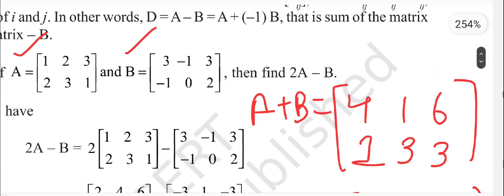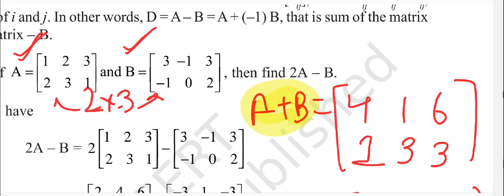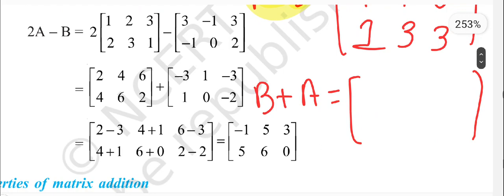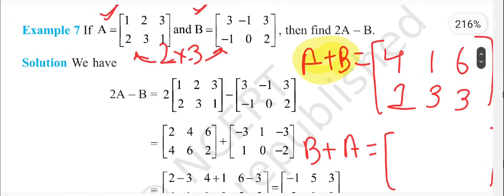One more thing: why am I able to add A and B? The reason I am able to add A and B is that both the matrices have the same order. And what is the order? 2 by 3. 2 by 3 is the order of both these matrices. So the condition of same order is fulfilled. Therefore I am able to add both of these matrices. These things are very important for your conceptual clarity. You need to revise those concepts again and again so that you can better grasp them.